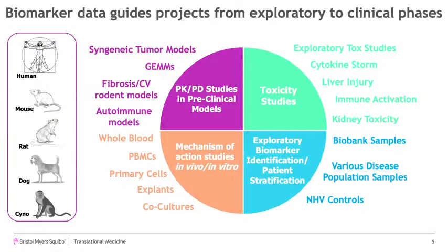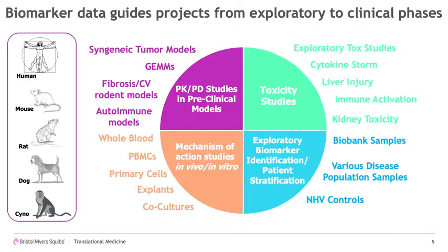The team currently runs biomarker panels for 5 species: human, mouse, rat, dog, and cyno. And we support projects from the early exploratory to the clinical phases. The reel on the right-hand side is intended to give you a flavor for the types of studies that we